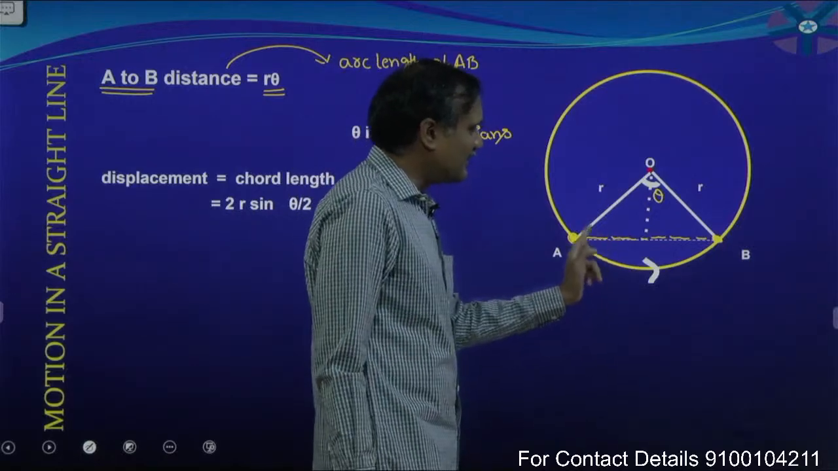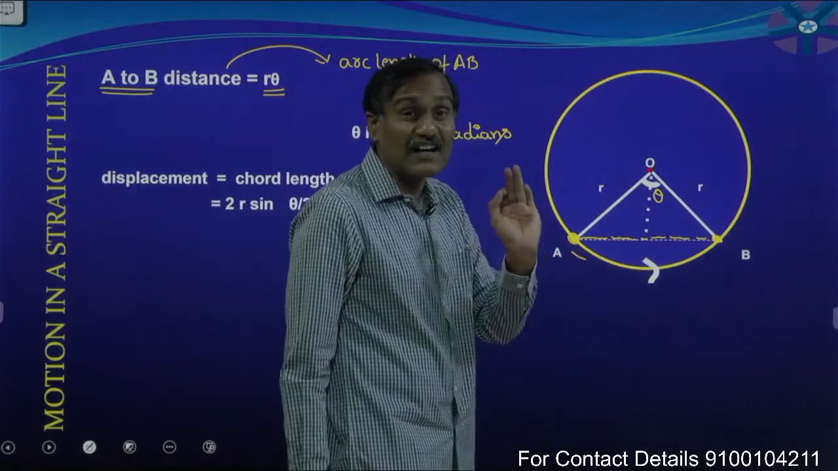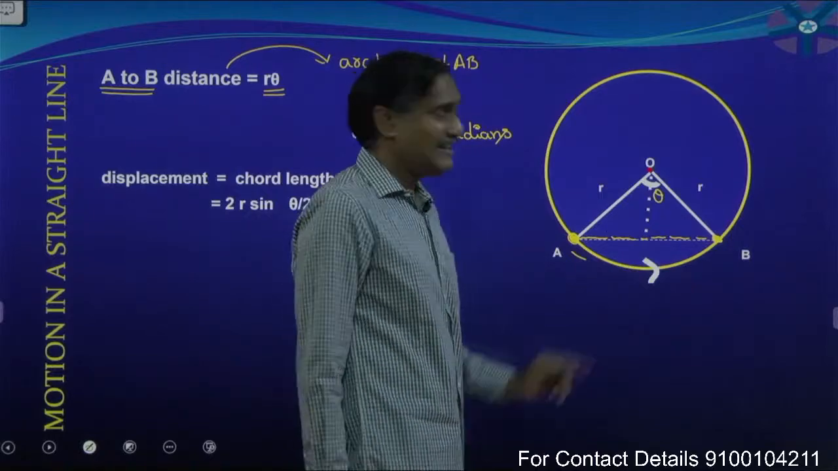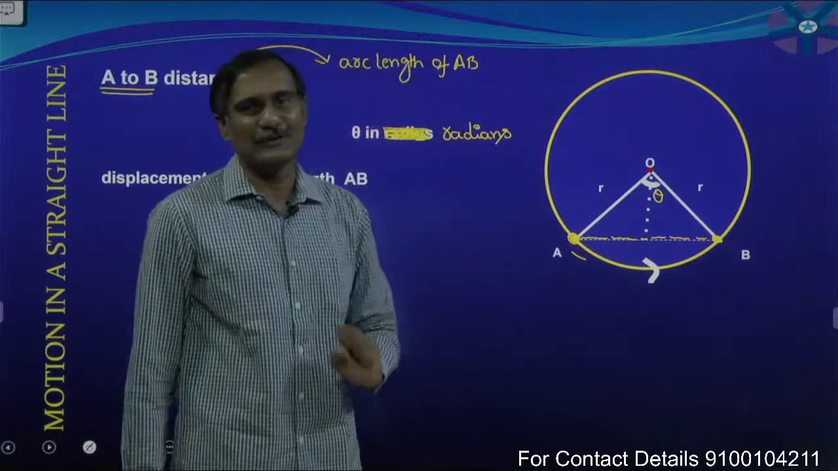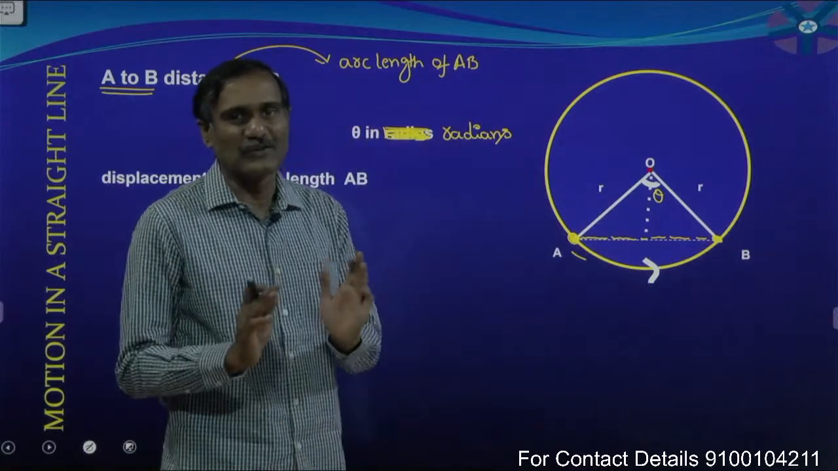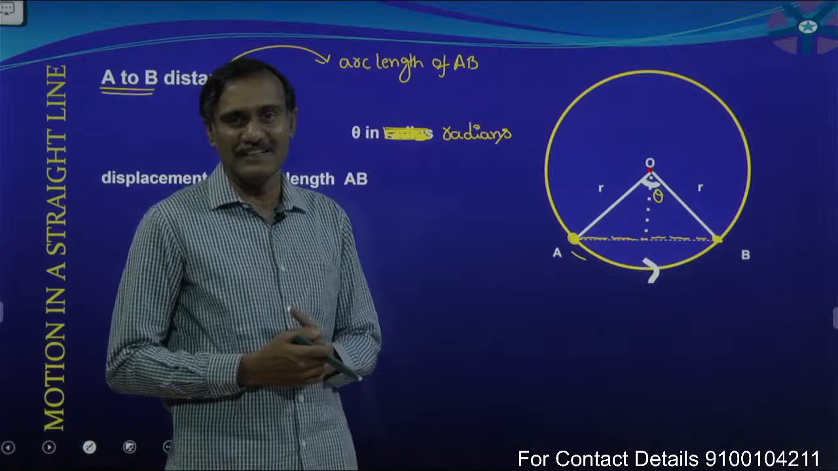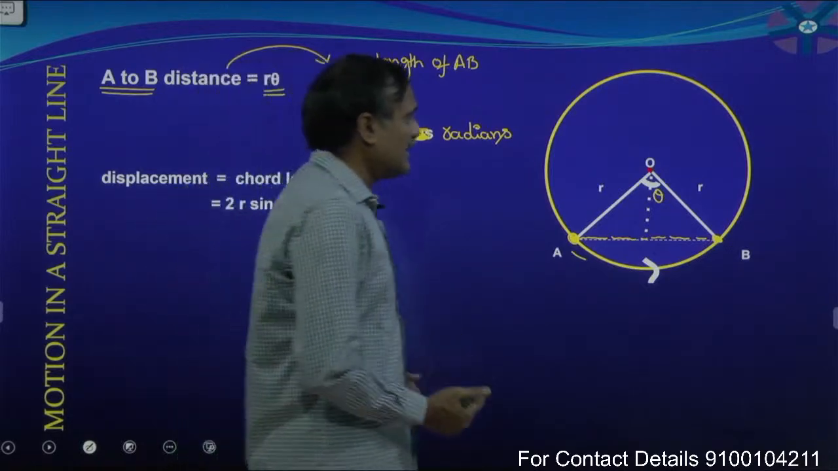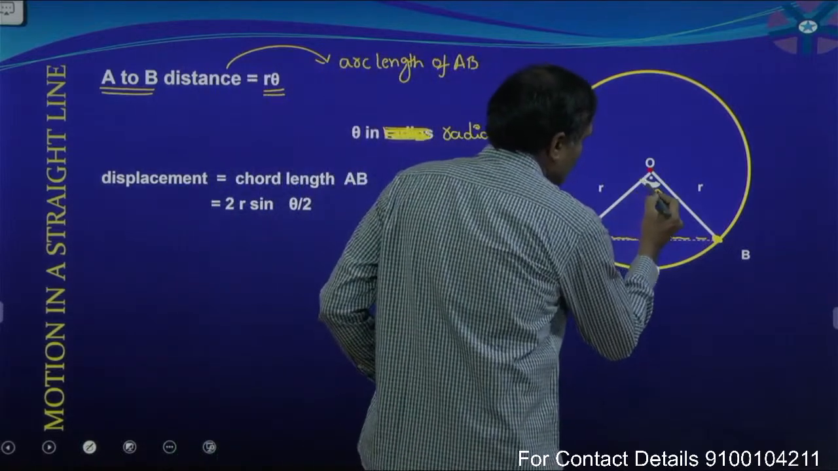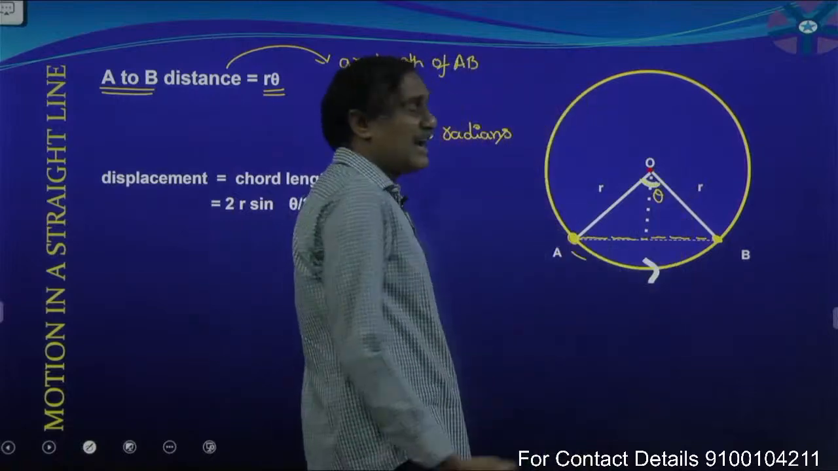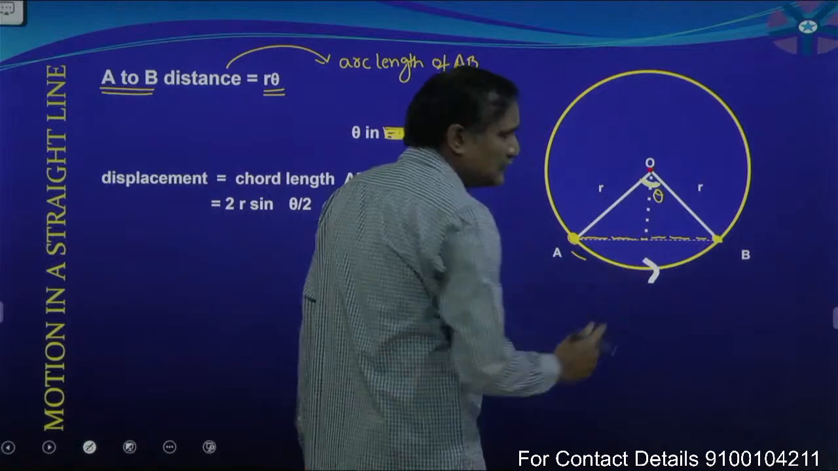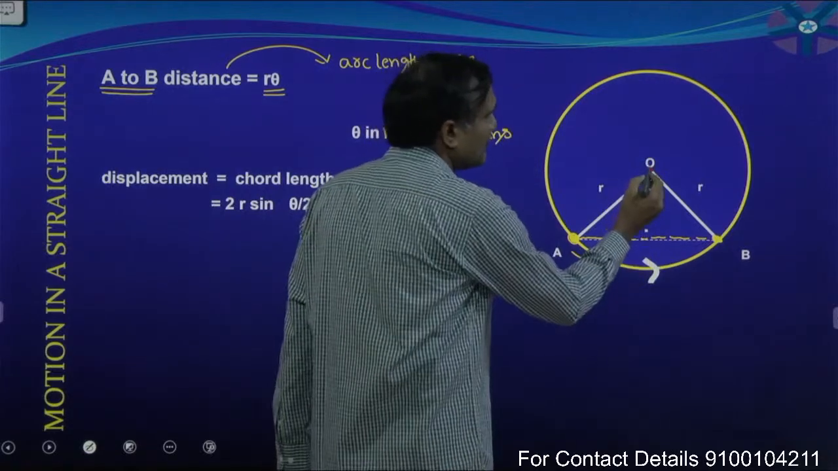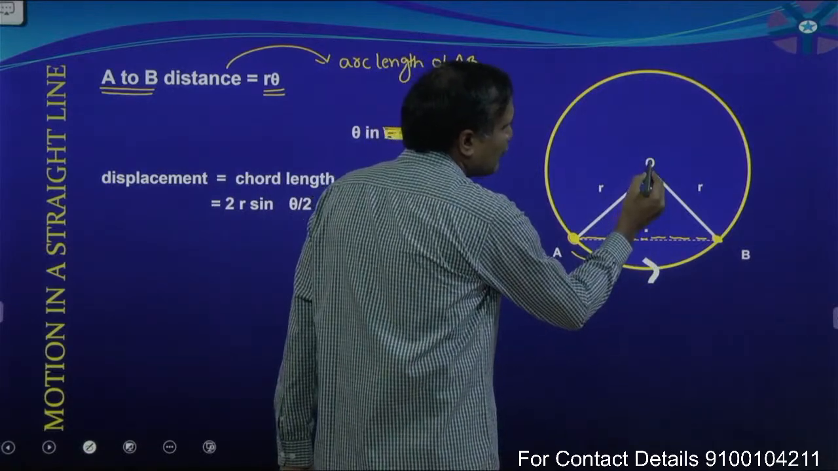Here we call that line the chord length of AB. That chord length of AB is what we are going to calculate. How to calculate the chord length of AB? Okay. Now, what about this angle theta? I want to divide this chord length into two equal parts by drawing a